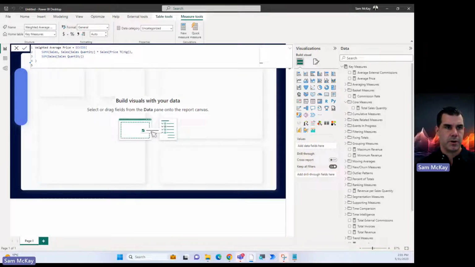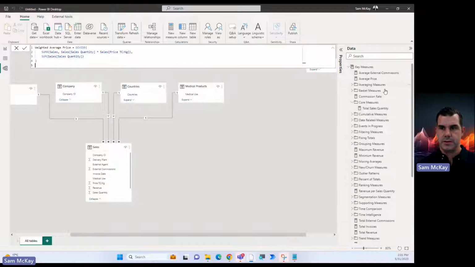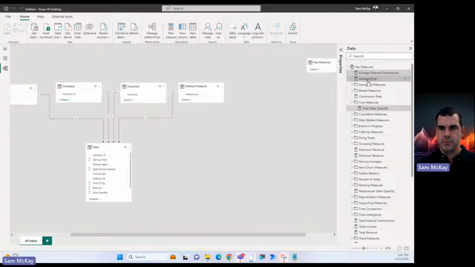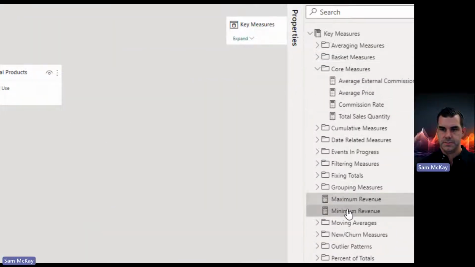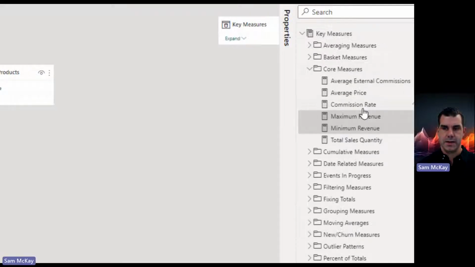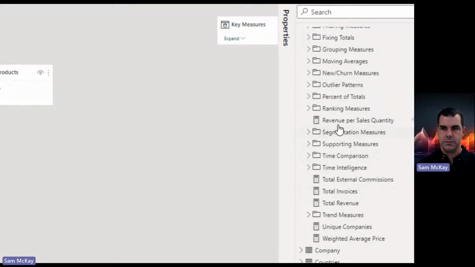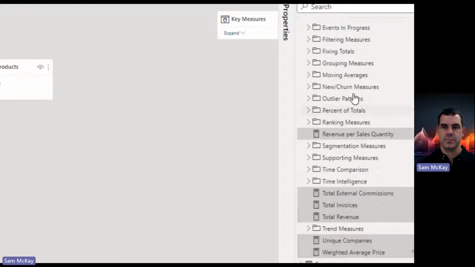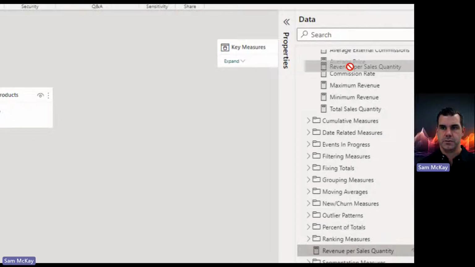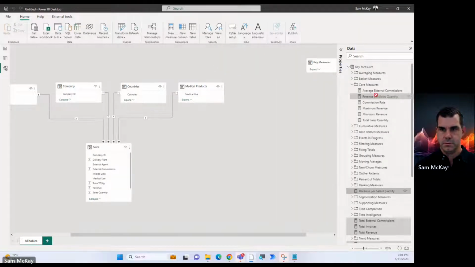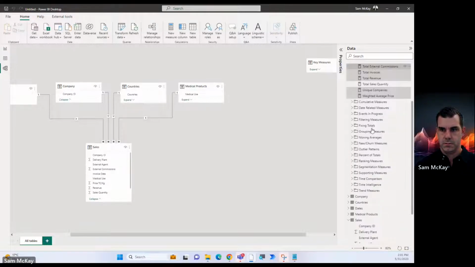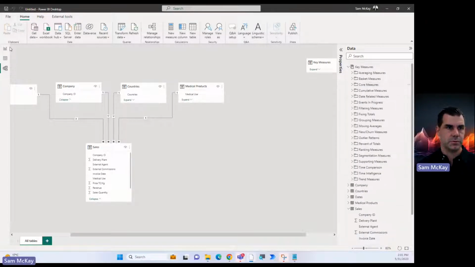Okay, so what I would do to tidy all these up, right? These are all my core measures, so I would just click and drag these into my core measures folder here. So you see here I've got core measures, and just drag these all in. That has given me a lot of ideation, a lot of clicks, and the speed in which I can get to this point is very, very quick, which I'm very happy with. Cool. Core measures all done.